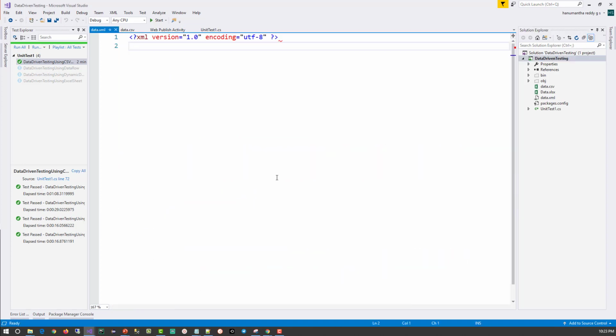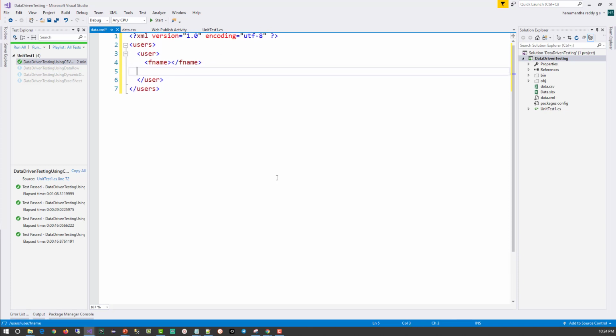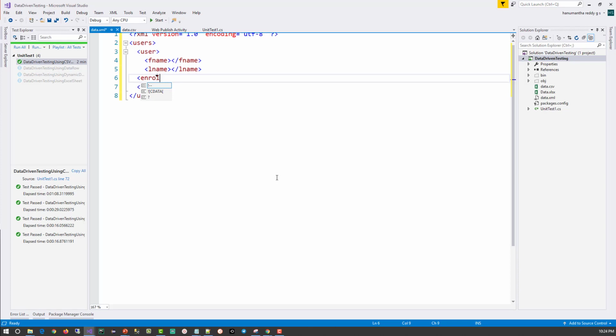In this data.xml file, we'll add the root element as users. Within it, we'll create the user tag, and each user will have the nodes named F name, L name and enrollment date.